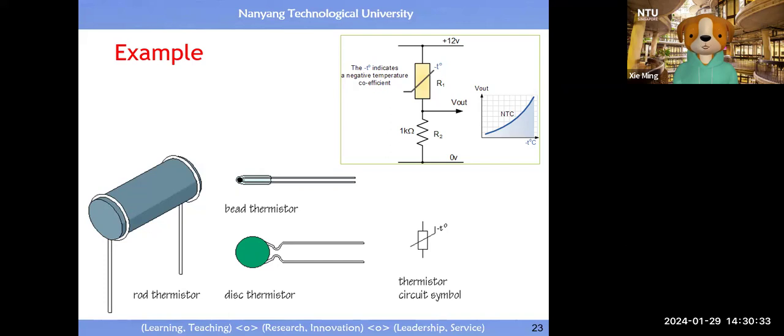That is the process we call calibration, right? Calibration is just to find the equation which will transform the digital number into a linear relationship between the exact input of the temperature and the reading of the digital number,